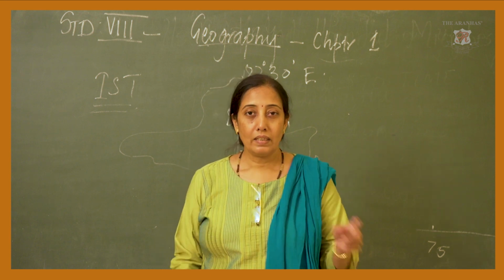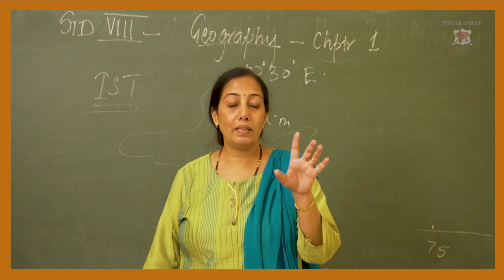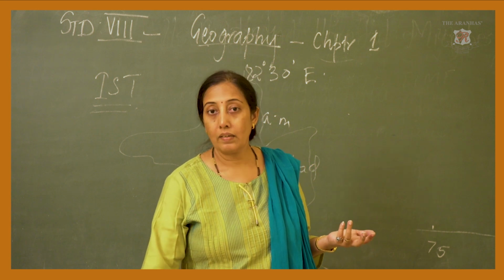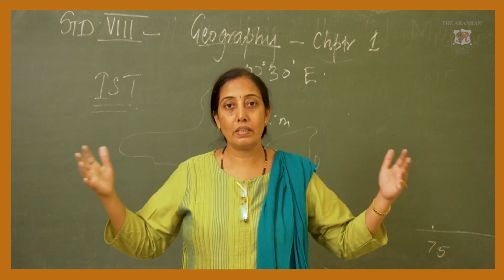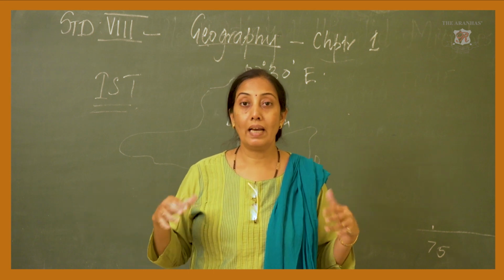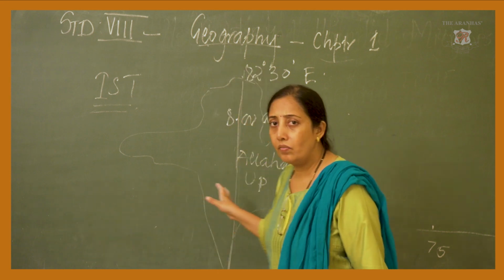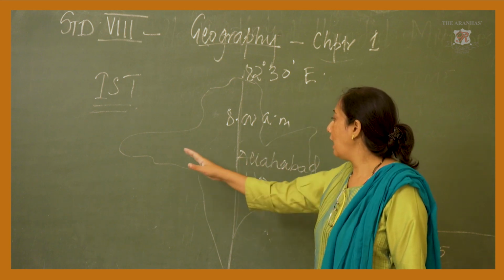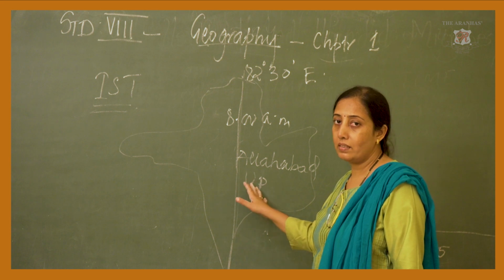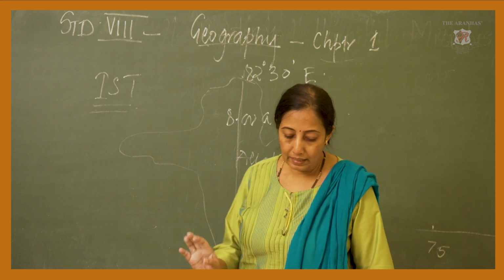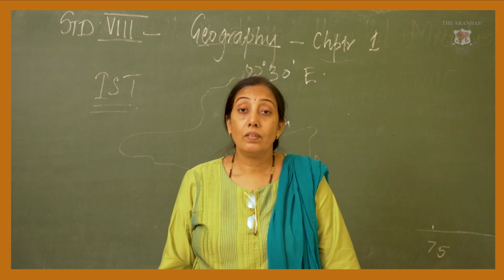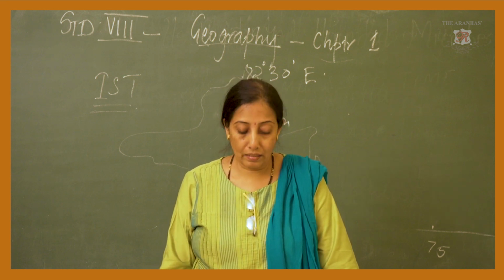What did we say? When the difference of time is less than 1 or 2 hours, then we do not count that. Okay? If the east-west extent is more than 2 to 3, 4 hours, then only we count, and we'll have another local time. It doesn't differ here. Why? Because our extent is small and we have only one longitude that is considered to be the local time in India. Okay? Now, in spite of that, we have another universal standard time.